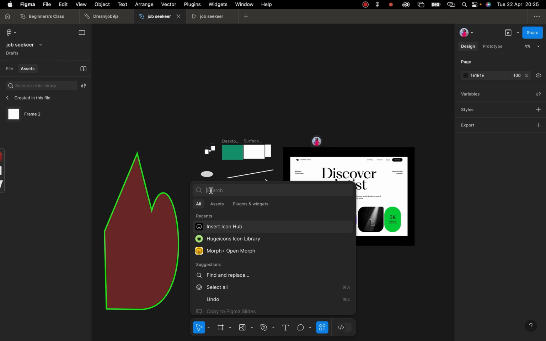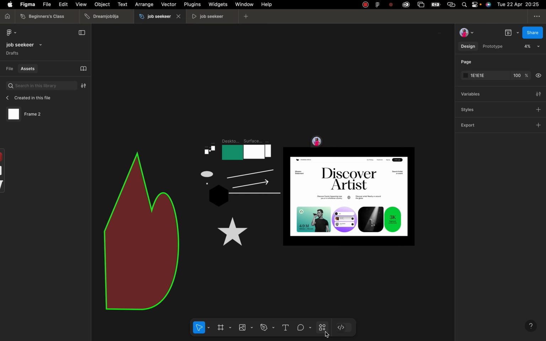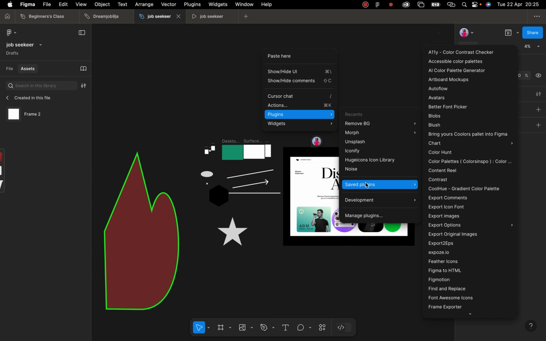Let's say we want to add Iconify. I already have it. I should probably remove it. Let's say I want to add Iconify. Just search Iconify there. Once you search, I already have it. So when you right click on an empty canvas, it brings out this menu, and you go straight to plugins. These are all my saved plugins. So I want to remove